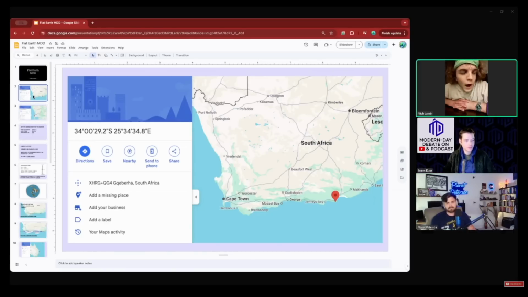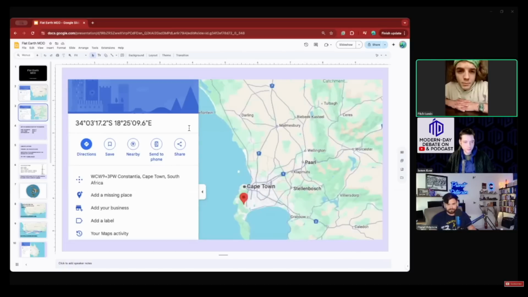I accept that is the coordinate position that we give it on our coordinate grid system. Okay, I accept that position. If I go to that location, I'll be at that spot. Yep, that's fine. And in Cape Town, you can be in a lot of places in Cape Town, but I have this particular coordinate. You have no problem accepting that?